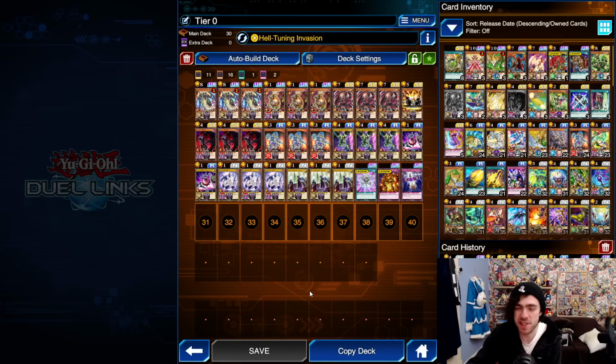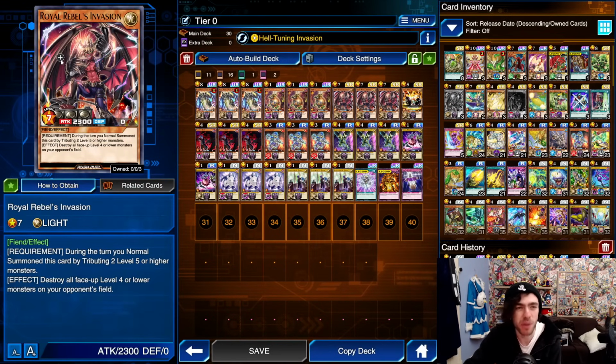Alright, it also sets up for one of the other brand new cards in the deck list, the new level 7 Royal Rebels Invasion. Requirement: during the turn you normal summon this card by tributing 2 level 5 or higher monsters, which of course, the skill just turned all your fiends into level 5. Destroy all face up level 4 or lower monsters on your opponent's field. And again, you just changed your opponent's entire field to being level 4 or lower. So this just nukes your opponent's entire field at the cost of, well, essentially nothing, just that 1 discard to